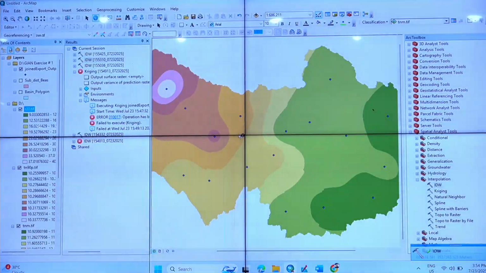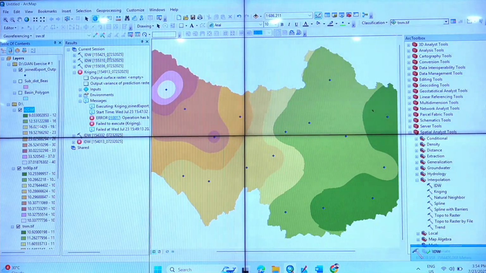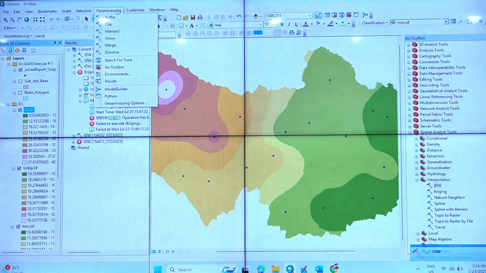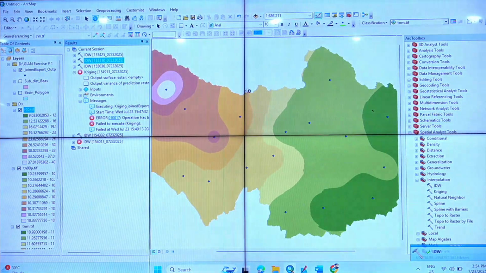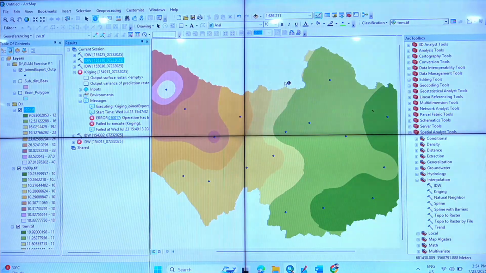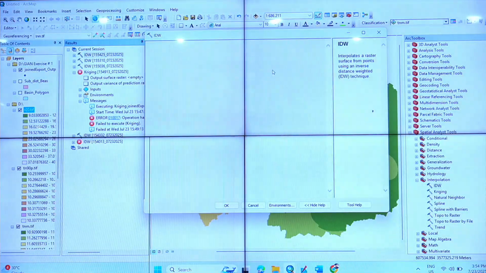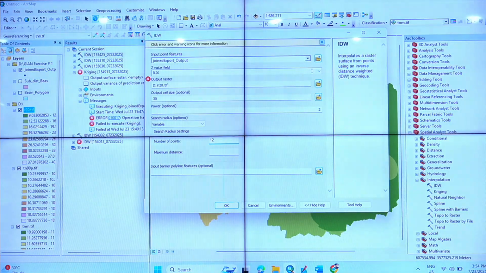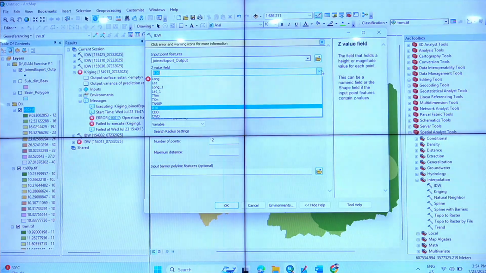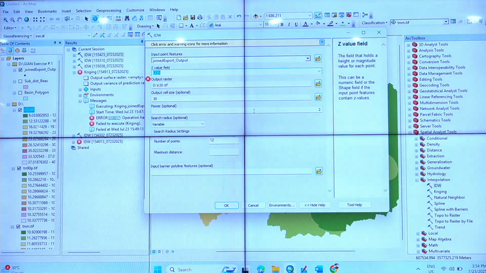Right, it works. Then go to geoprocessing, results, double click on this, and then you take the input, the second last one, CDD, and change here.